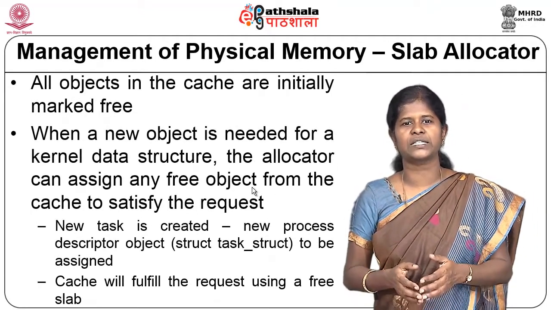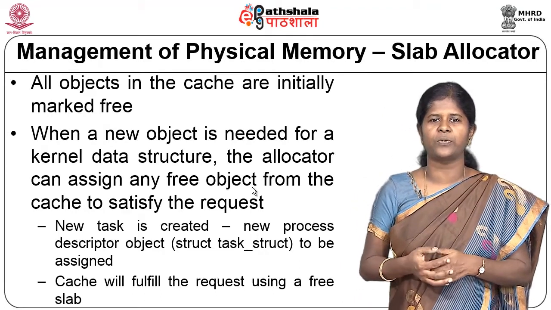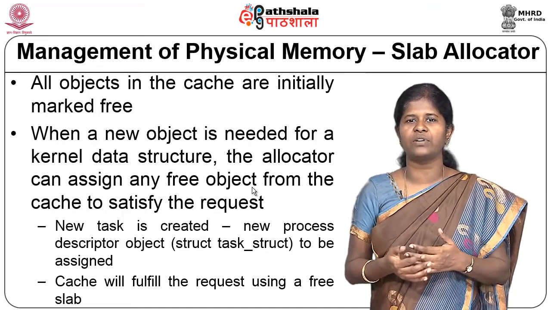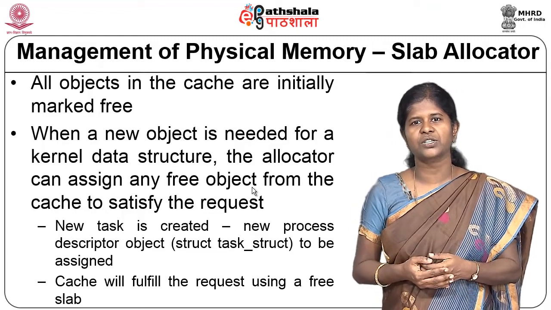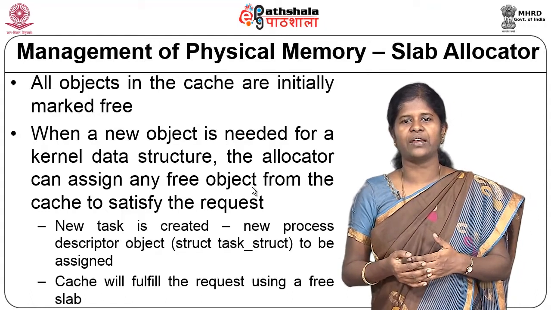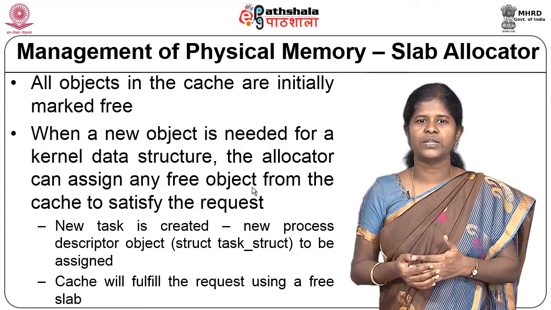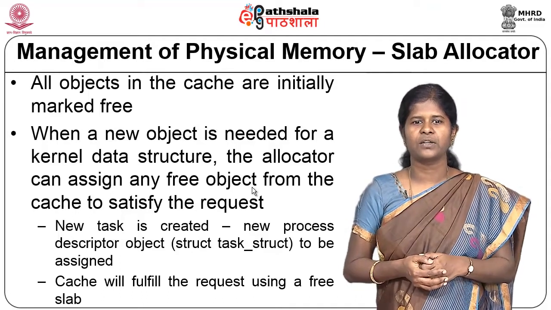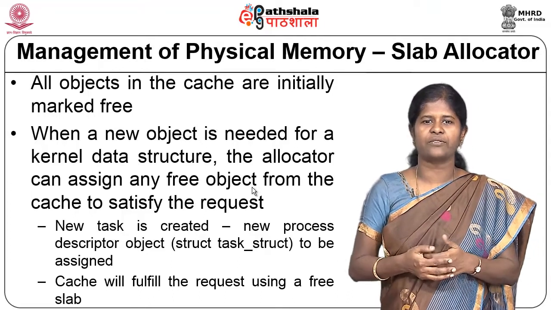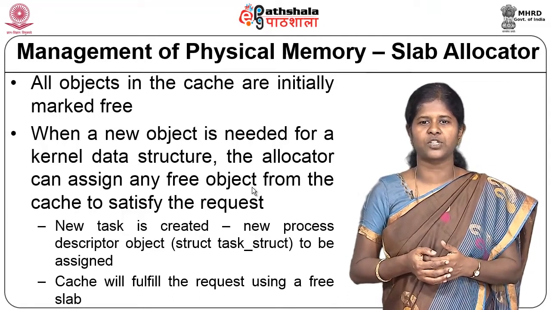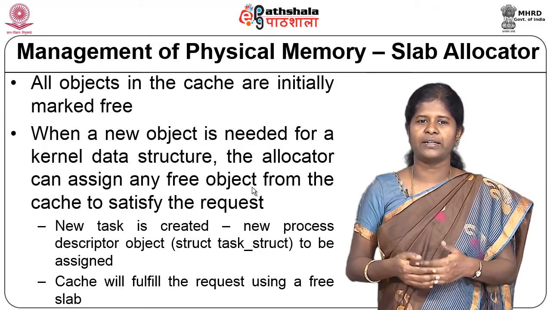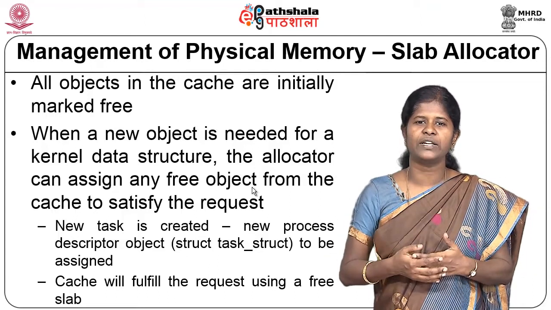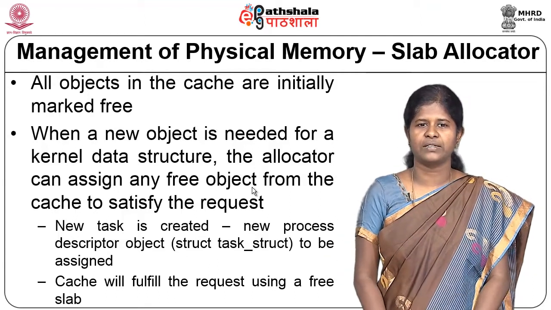Whenever a new object is needed for a kernel data structure, say you need to bring in an inode, you need to allocate space for an inode, or you need a new object in the inode cache, then the allocator will check if there is any free object in the cache, so that you can allocate space for that inode using that free object. Whenever a new task is created, say a new process descriptor object has to be assigned, it will check if there is any free object available. So, the cache will fulfill this request using a free slab,